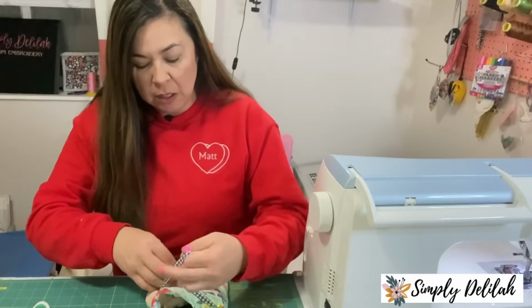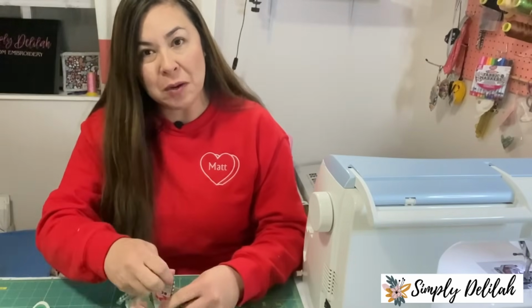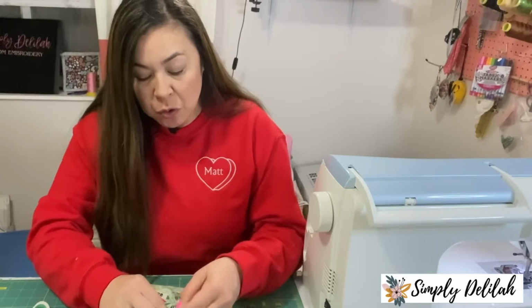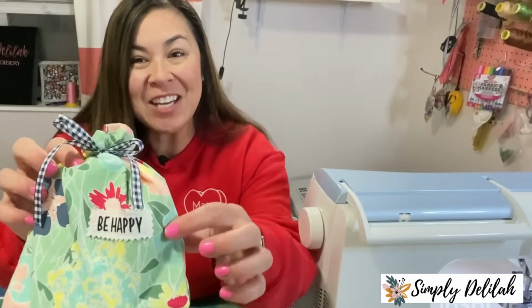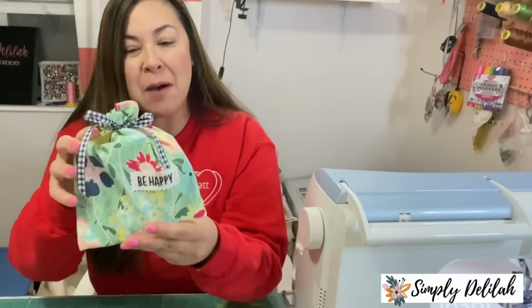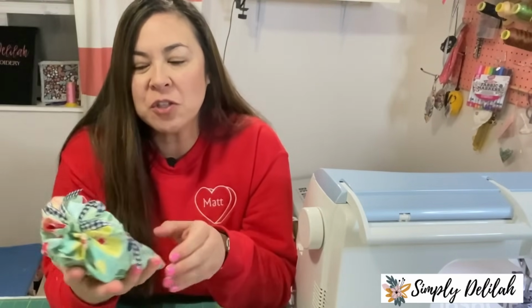And we will tie the ribbon up really quickly. I also added this really cute embroidery label because I do machine embroidery as well. And so I added that cute little tag there that says "Be happy." How cute is this? Wouldn't you be so proud to give this to your friend and be like, yeah,